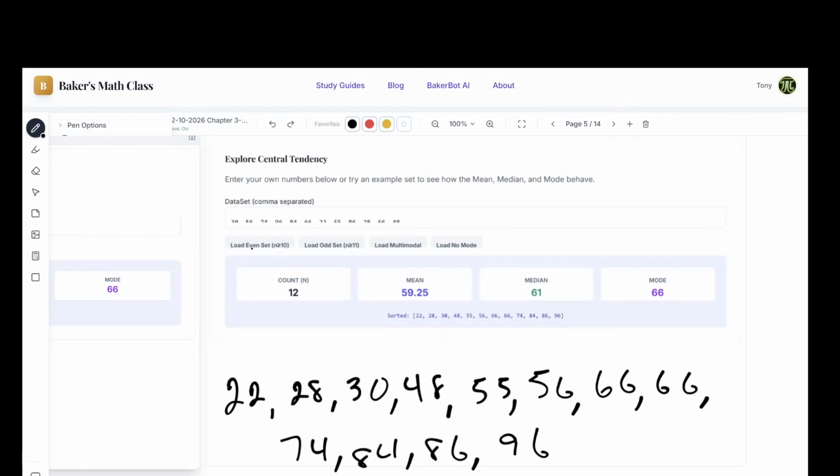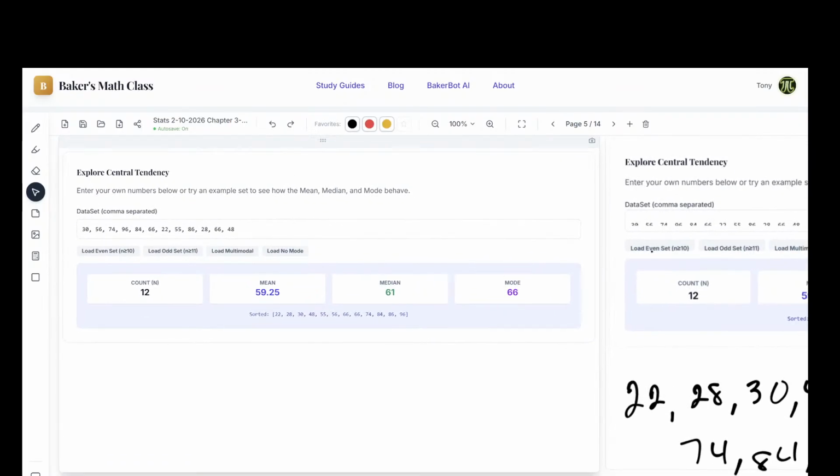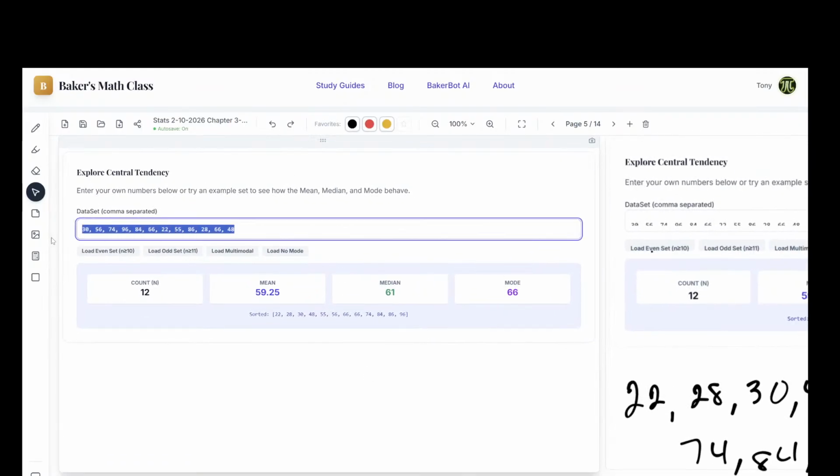On my website, I actually have this little calculator right here. It looks just like this. You can type in whatever numbers you want here. If I added a number here, it'll automatically change these. You can easily use this to find your mean, median, and mode. So you do not have to sit there and type all the numbers into your calculator and do the division and everything else. Because 99% of mistakes, even when you know exactly what you're doing, are because you typed the number wrong, not that you didn't have any clue what you were doing. So this takes care of that problem.